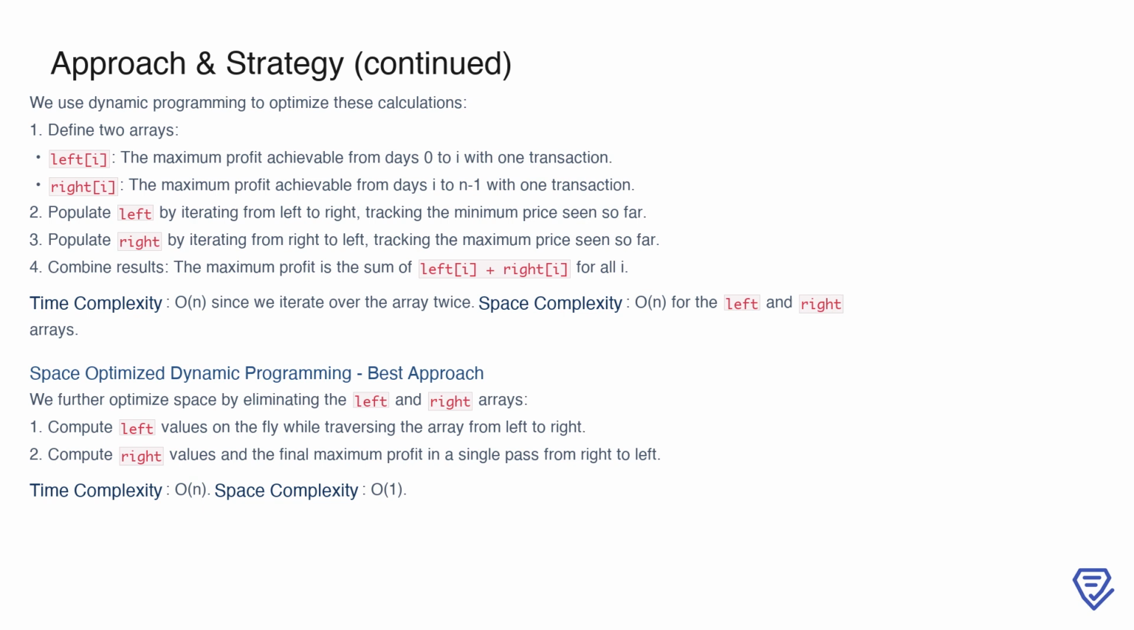The first array, left[i], keeps track of the maximum profit achievable from day 0 to day i using a single transaction. The second array, right[i], does the same for the period from day i to the last day. To populate left,